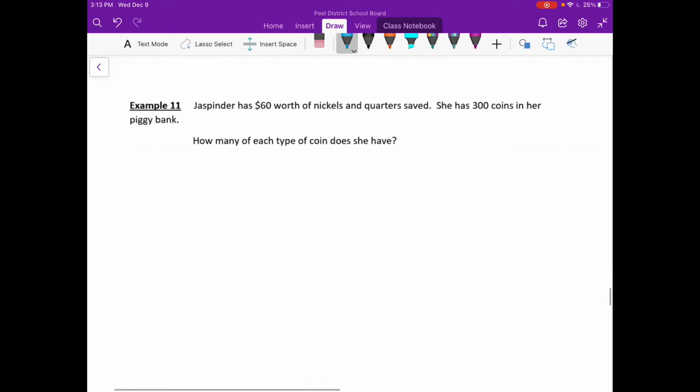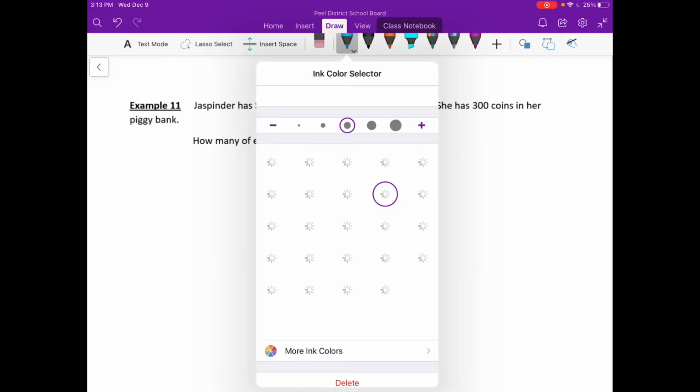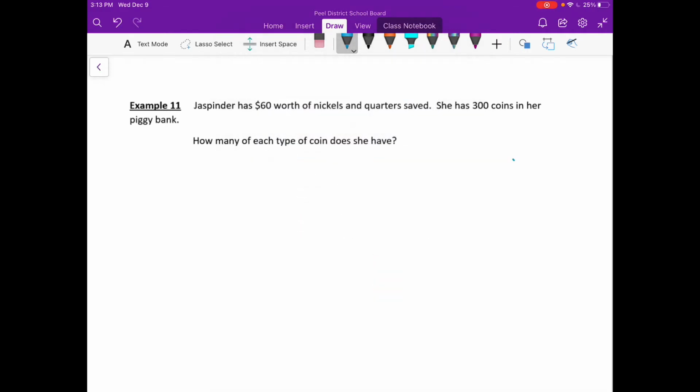So this says, Jasvinder has $60 worth of nickels and quarters saved. She has 300 coins in her piggy bank. How much of each type of coin does she have? So how I like to write this is I try to figure out what everything's saying and then write it in terms of that, right? So it says Jasvinder has $60 worth of nickels and quarters saved. That means she has $60 worth of